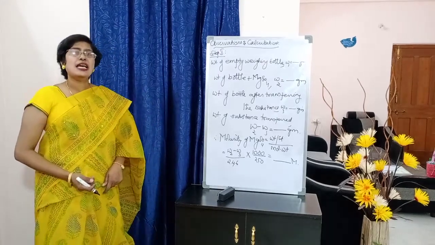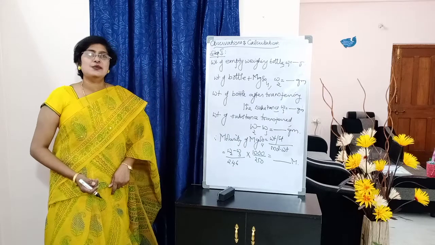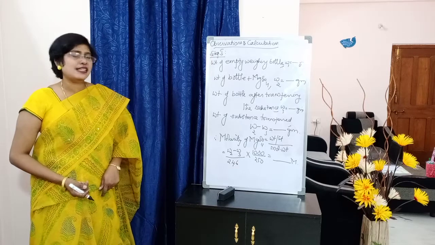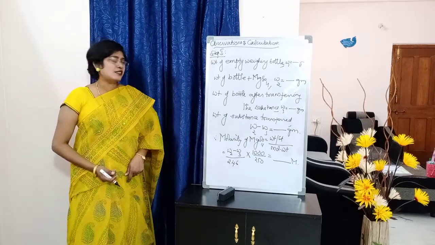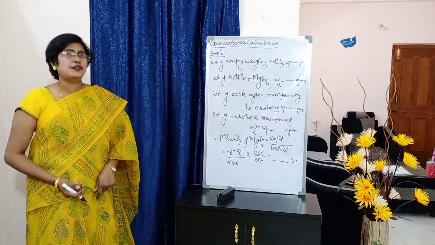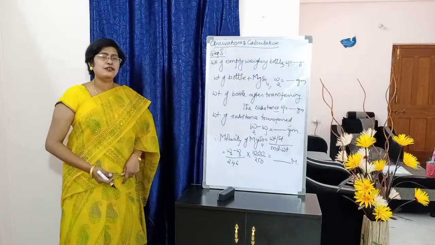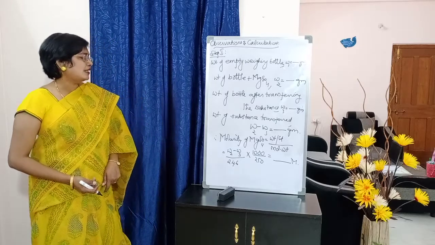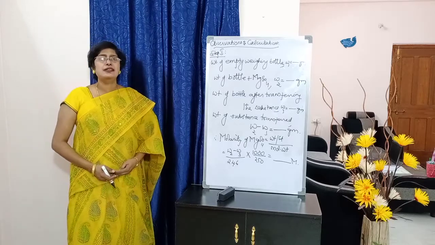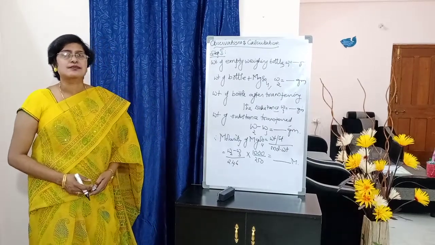Below, therefore, molarity of MgSO4 is equal to weight per liter into molecular weight, which is equal to W2 minus W3 by 246, that is molecular weight of MgSO4, into 1000 by 250. Why? Because we are doing it in a 250 ml standard flask. So we will substitute the value W2 minus W3 and calculate. The value which you are getting will be the molarity of MgSO4. Okay. So these are calculations under step 1, students.